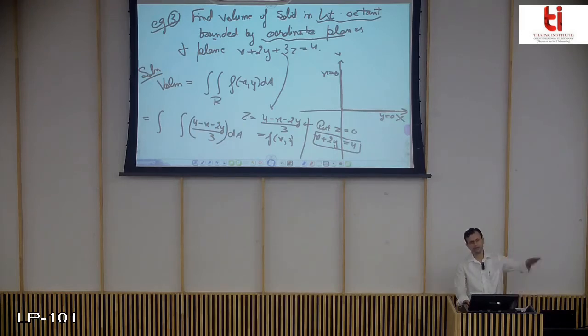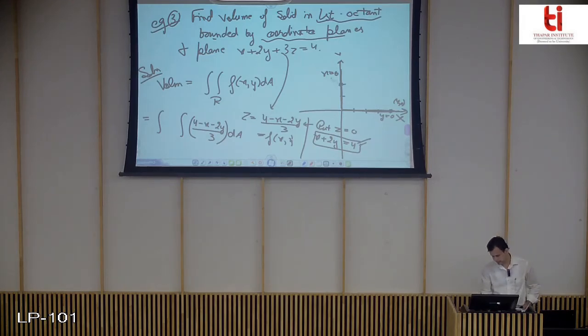Whenever a surface intersects a plane, it will always intersect it through a curve. So in this case, the plane I have shown you, coming from the octant below into the first octant, is slanted and cuts in the form of this straight line x plus 2y equals 4. This line at y equals 0 has x equal to 4, that is the point (4, 0), and at x equals 0, y is 2, that is the point (0, 2).